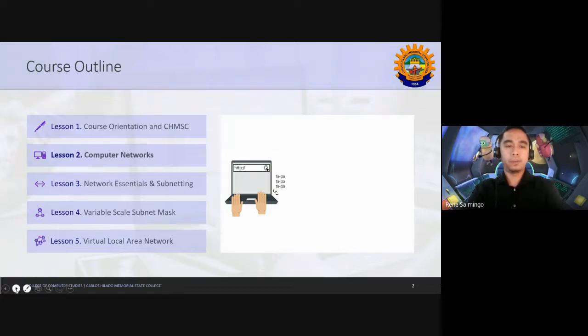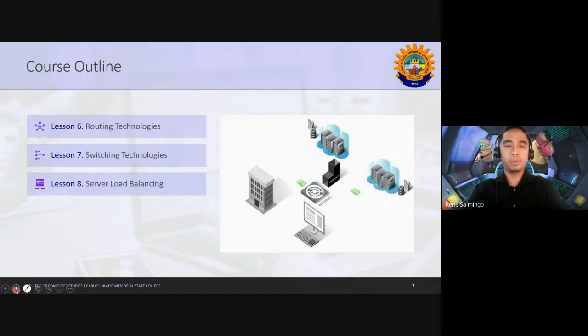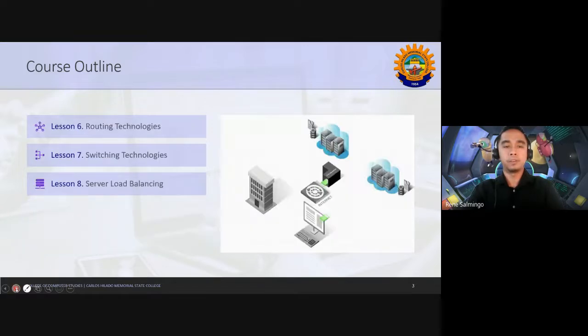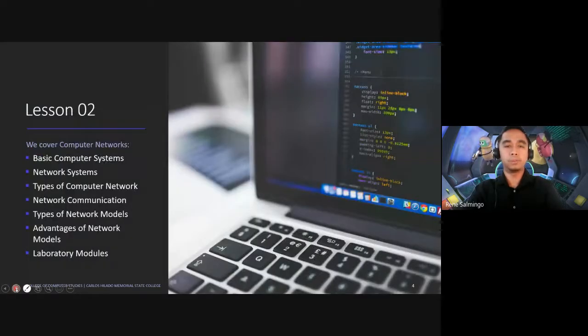So we have up to lesson 8. These are the topics for your whole course. And the bigger topic will be concentrated on lesson 3, although lesson 2 is more on the module part, because I am going to give you a lot of exercises this day. So you need to already have your groupings. And today